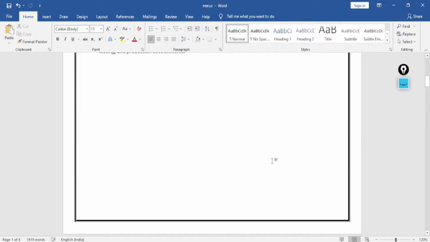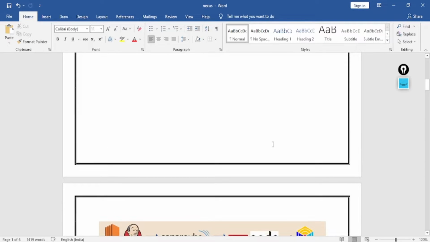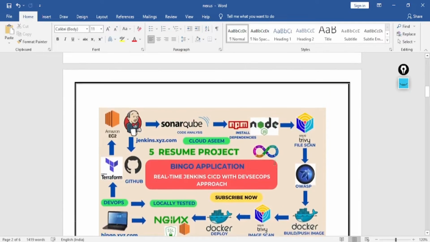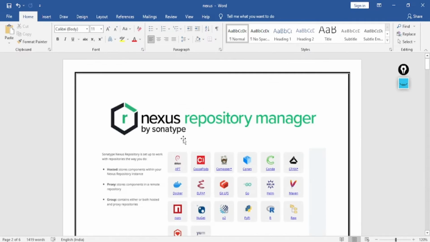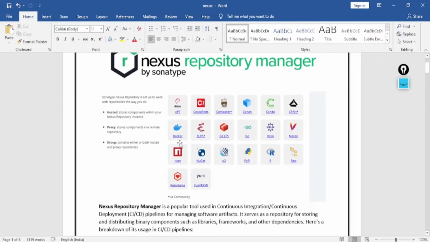And let's discuss one more point: how is Nexus different from GitHub? Don't get confused between GitHub and Nexus repository. Nexus repository is different, and GitHub is different. GitHub is usually used to store the source code of your application. In GitHub repositories, you store all your code with version management of your source code,